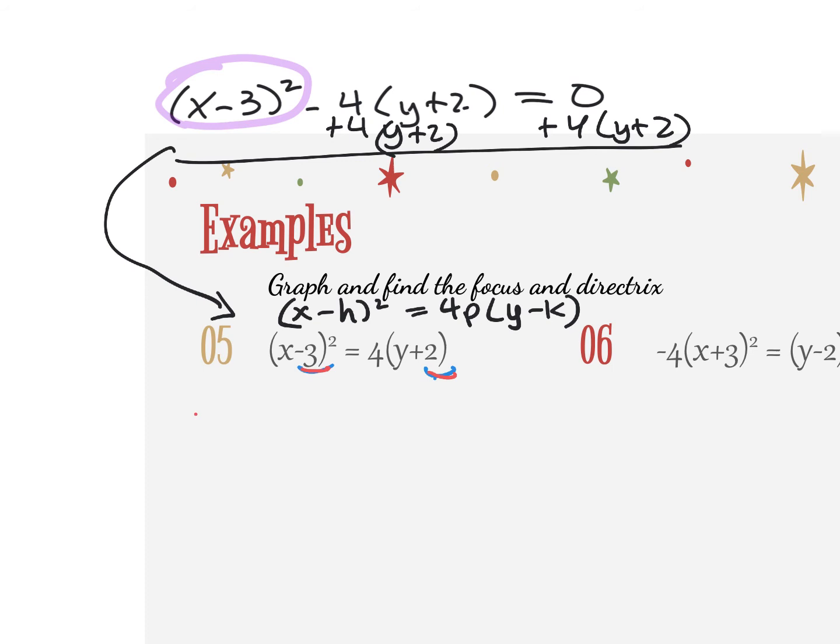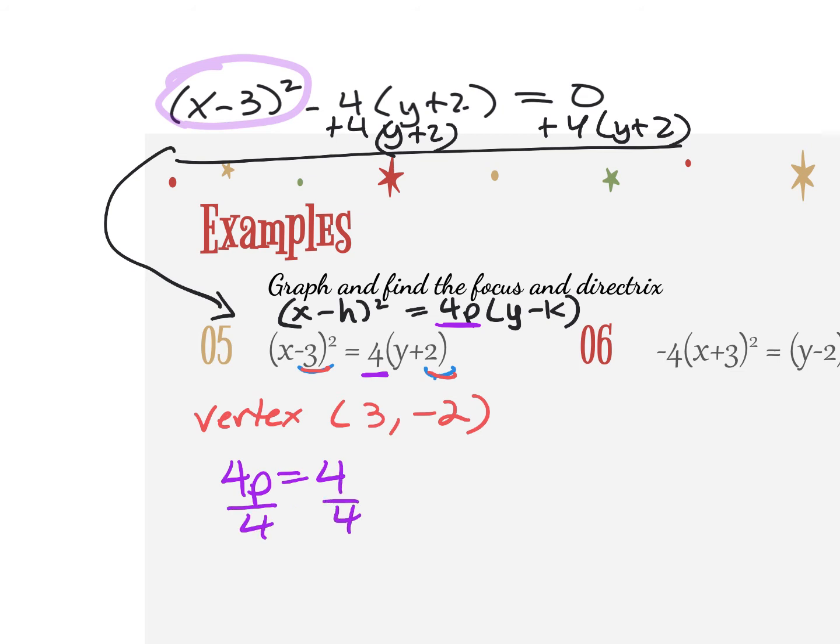Let me do this in red. So my vertex, opposite of what you think, is (3, -2). Now, I'm still finding my p-value the same way, because the 4 that's right here is equal to 4p. So 4p equals 4, divide by 4, and p equals 1. And again, remember, this p-value is the distance from the focus to the vertex and the distance from the vertex